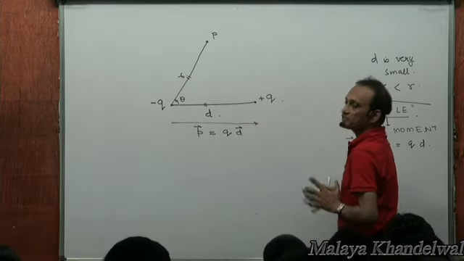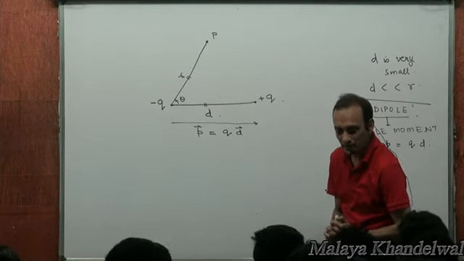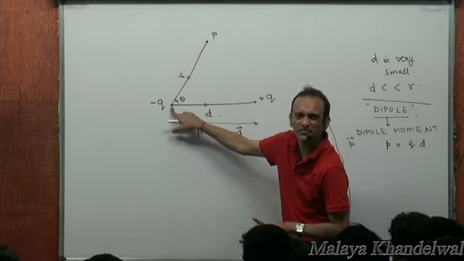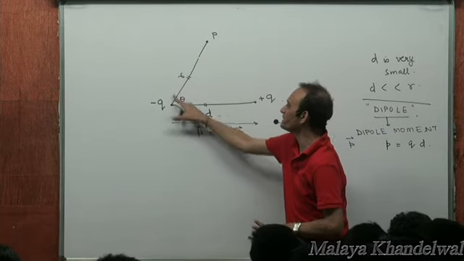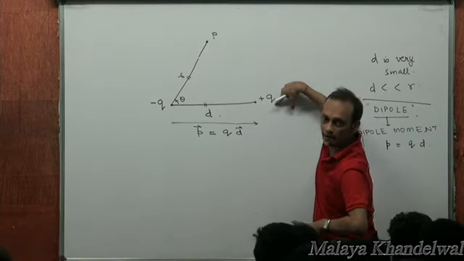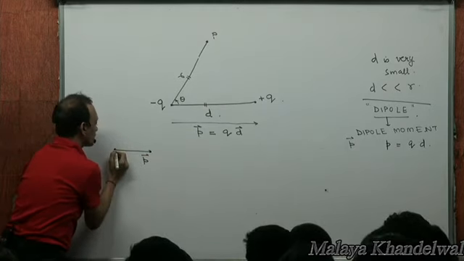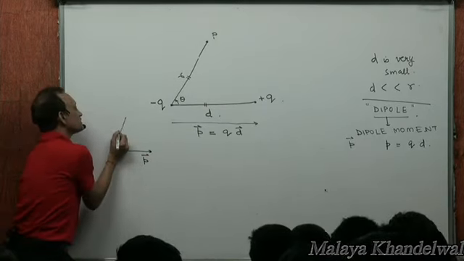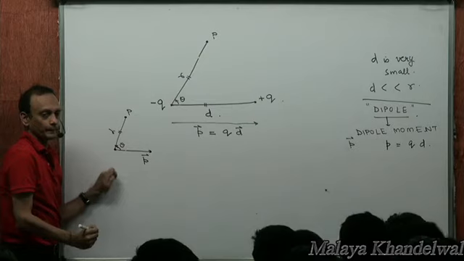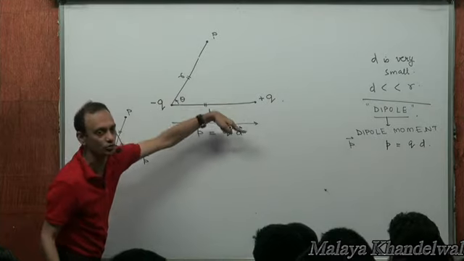Now, obviously, what do I want to do at P? When I say I want to know the electrical effect at a certain point P, every P, we are measuring from the negative charge. My r, and my theta is the angle that this r makes with the dipole moment vector. Right, so the dipole moment vector is this. This is where the negative charge is. This is my r and this is my theta. And this is a point P. Theta is the angle that this r makes with the dipole moment vector. Right, this is the direction of the dipole moment vector.